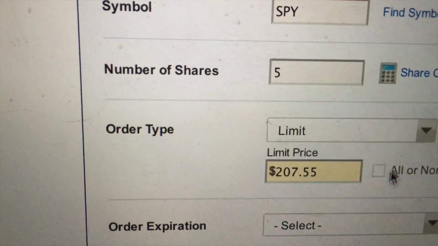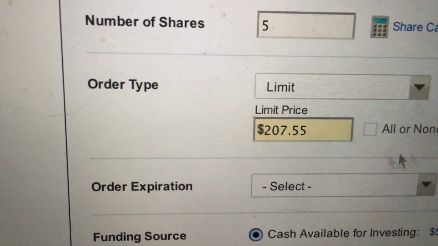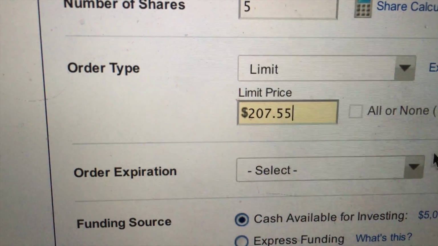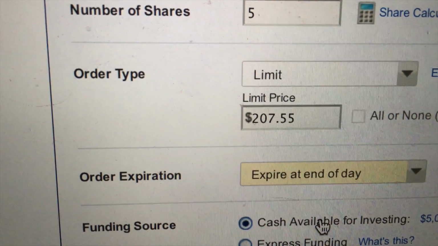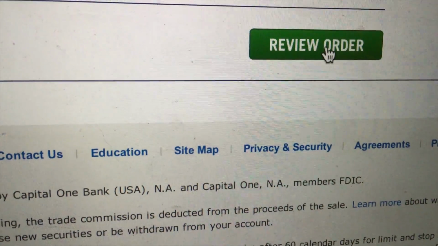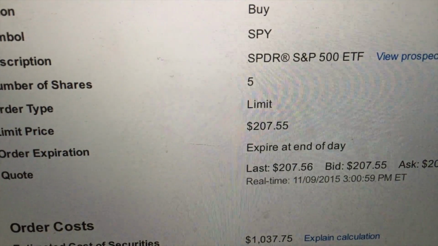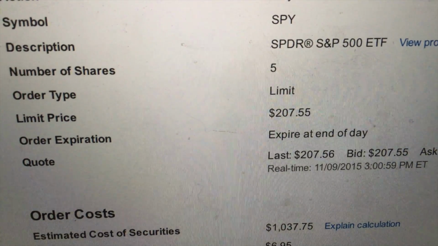The reason I'm not paying too much attention to this is because I wanna get these videos up quickly. We're not gonna read the chart and get into technical analysis right now. Expire at the end of the day, and then we go over to review order. So they say buy, SPY, which is the S&P ETF. I'm going to do 5 shares,